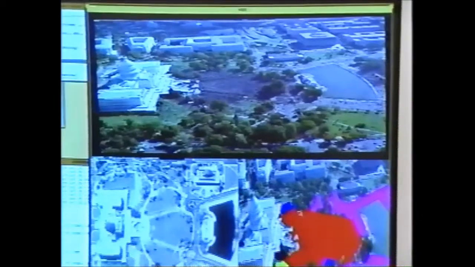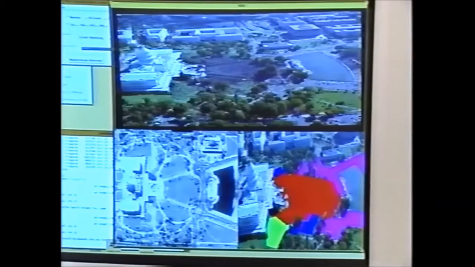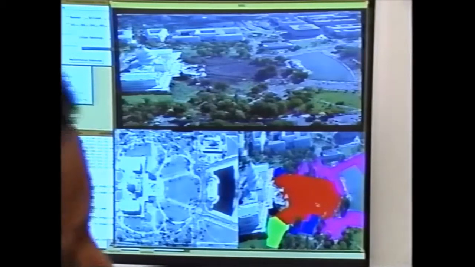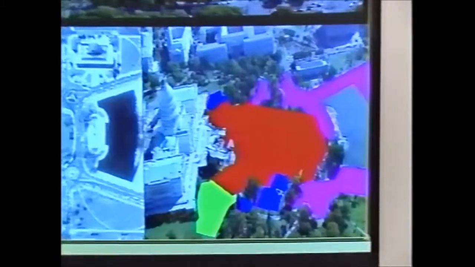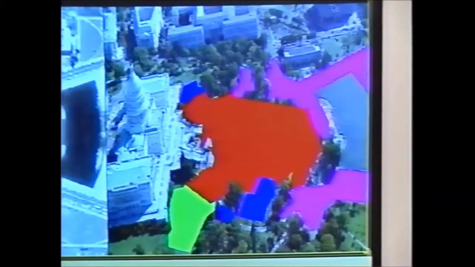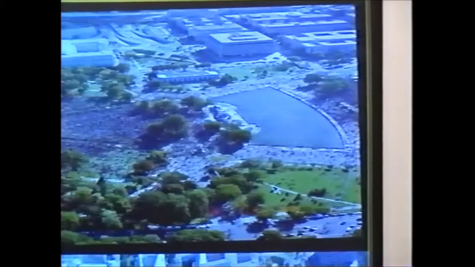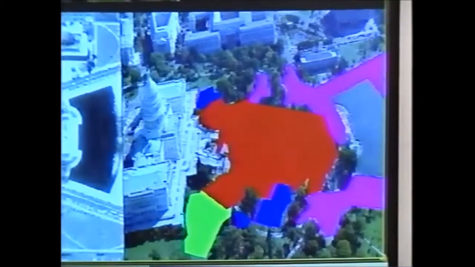The red is the highly dense area where people are highly packed. Each pixel is 1 meter square, and per meter square we have 6 people. Here it's 4 people per meter square, so it's less, and this is even lesser. And here, as you remember from this picture, people are very scattered around. They are not heavily packed as here, so we estimated this density as 1 person in every 10 meters square. So adding up all these together, we came up with the number of people that were in this part of the block, which ended up to be like